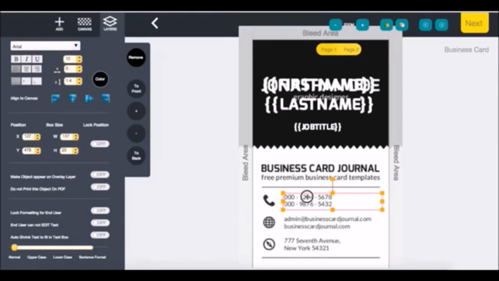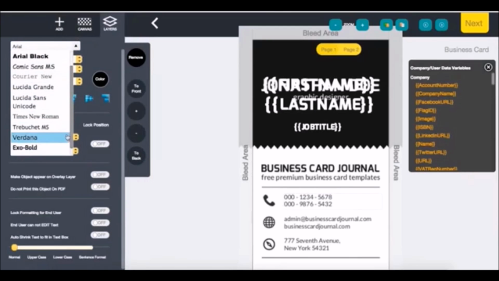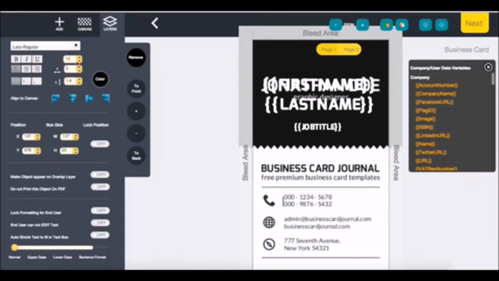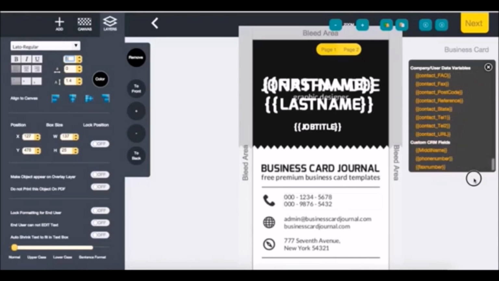So firstly, I'm just going to change the font here and drop in the variables for this box, which is going to be the contact phone numbers, so phone number and fax number, and we're just going to take that space out there and put a line return in,